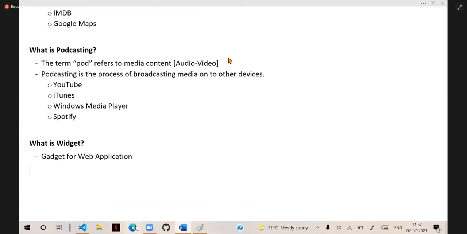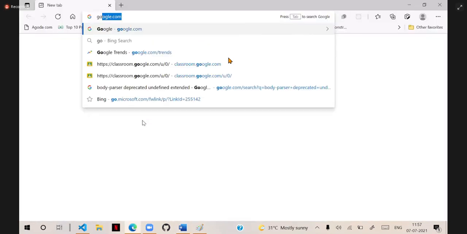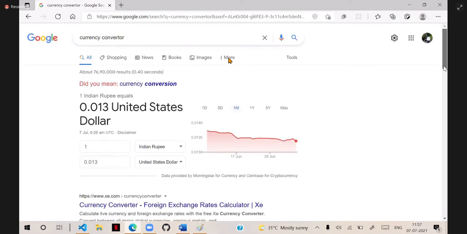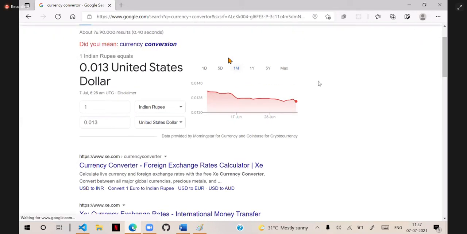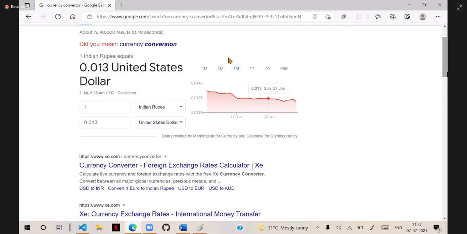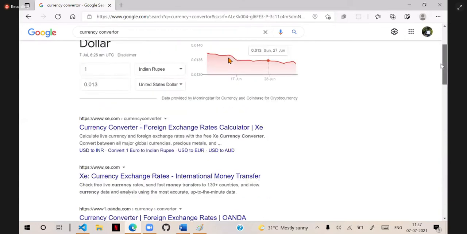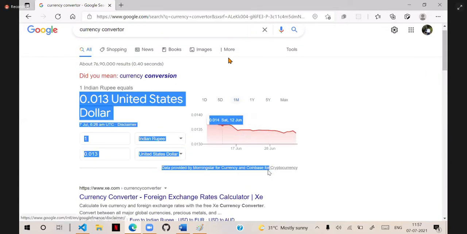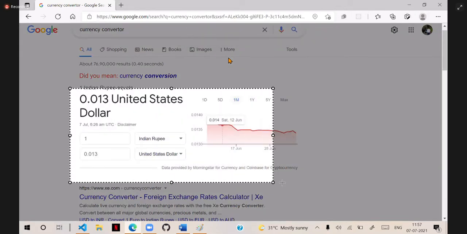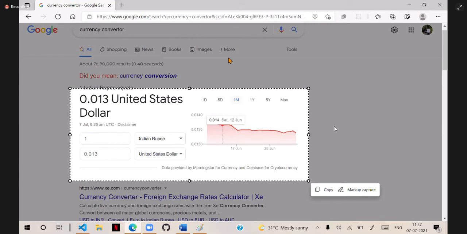For example, I opened Google and searched for currency converter. You see, a currency converter application came up automatically. Along with the results, a small application is embedded here, along with the other contents.